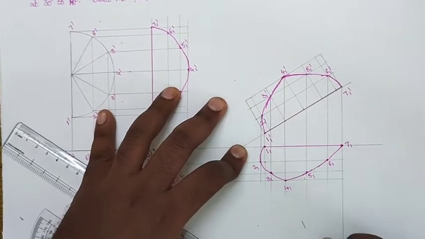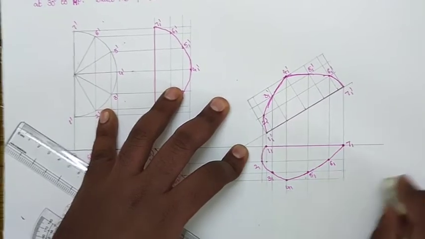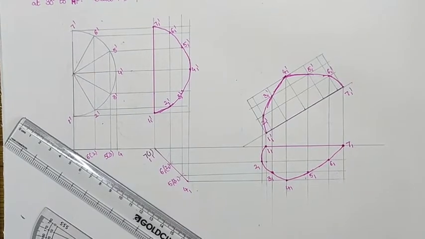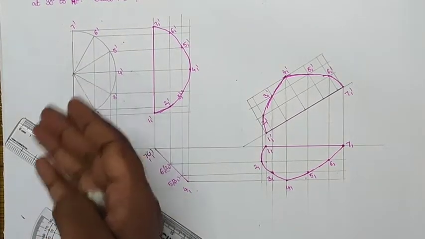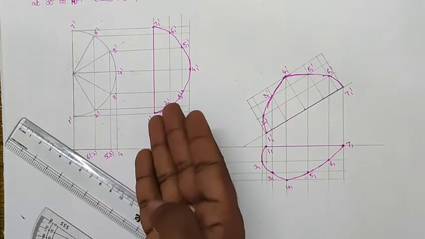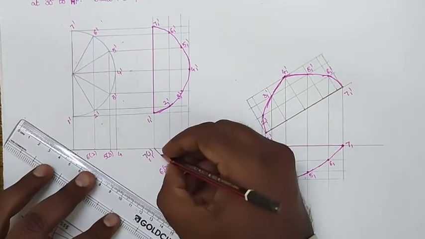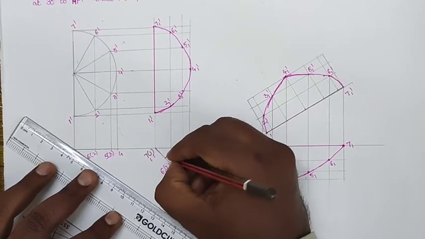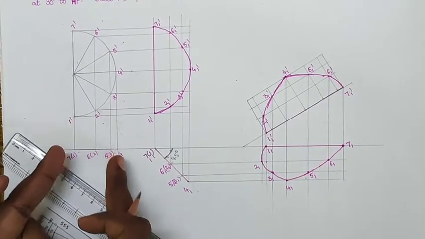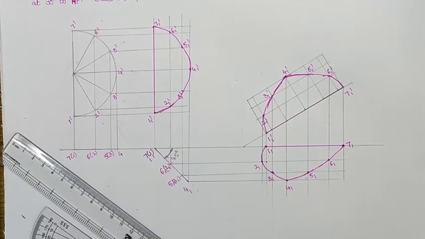So when a longer straight edge is in the VP, we'll draw the projections like that. Here we assume the plane surface parallel to the VP, and we'll draw the first front view and first top view of our diagram, with a semicircle as the first front view. Next, coming to the surface inclination: this is the surface inclination, 45 degrees with respect to the VP. That means you tilt the first top view with an angle of inclination 45 degrees and draw the second top view and second front view of our diagram.